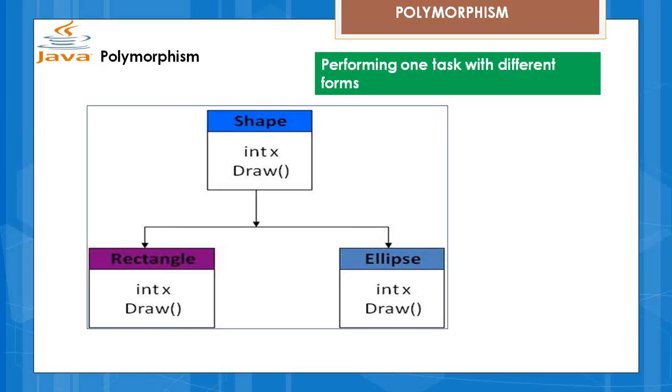A simple example: I ask you all to introduce yourself, right? You all did the task of introduction but with different forms. Your way of introducing yourself was different, right? So this is what polymorphism is. We are achieving the same task with different forms. I asked you to draw something. One person can draw a rectangle, another person can draw an ellipse, a third person can draw a triangle, but you all are performing the task of drawing. So polymorphism is doing one task while implementing different forms, right?